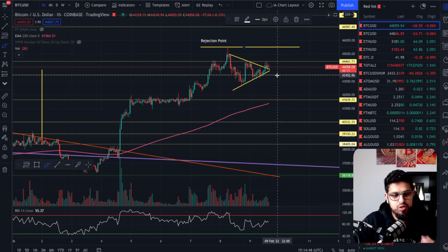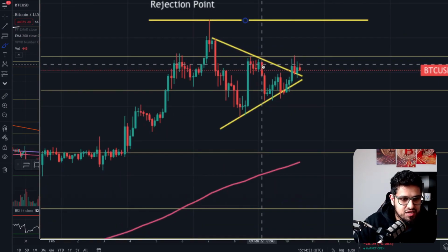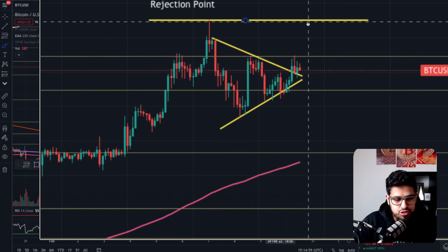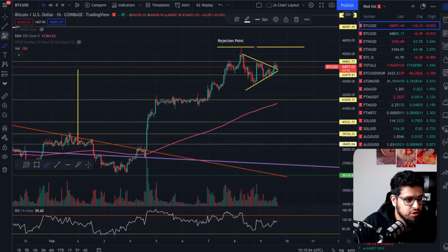which is where we're now hovering around 44,057. Can we get the breakout from this triangle pattern? That's what we want to see now. Can we get the breakout from this pattern to the upside? The majority of times this technical pattern does break to the upside. Yes, you've got to get to the top of your wedge first,